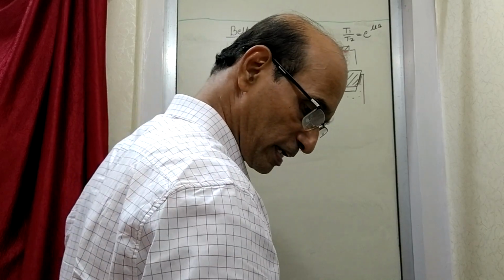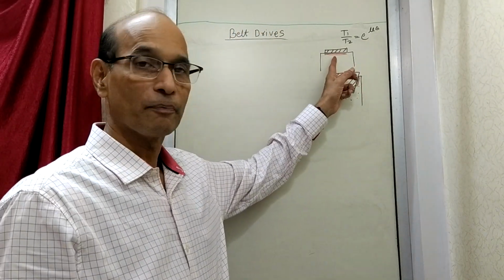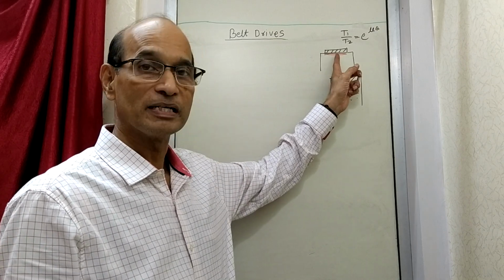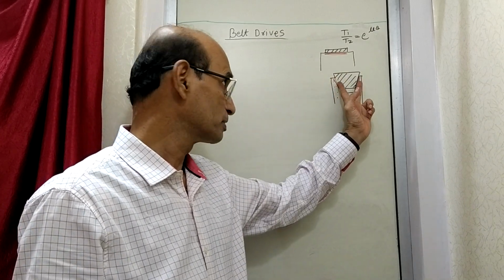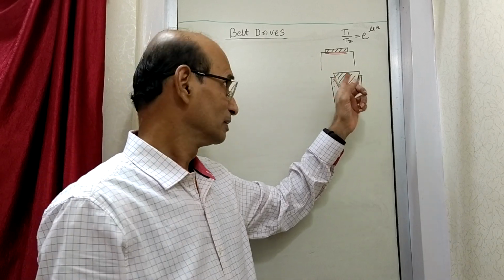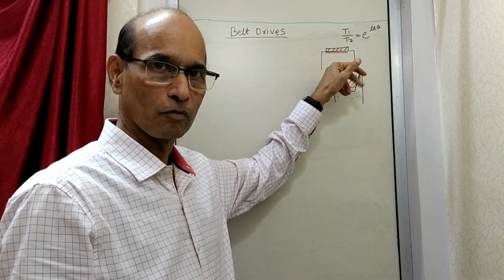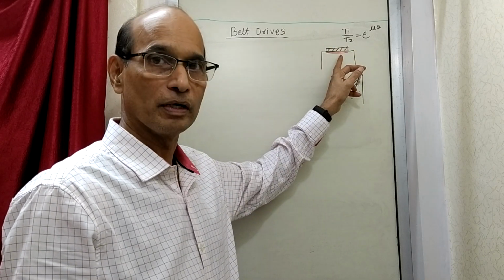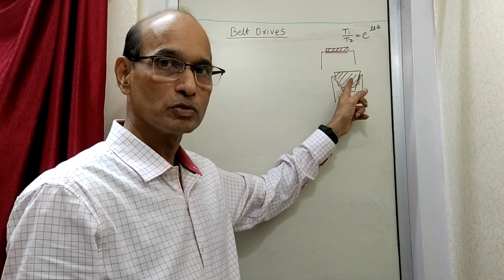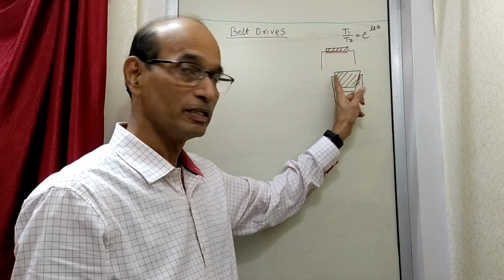So the friction is taking place here. As you know, belt drive is working on friction. So how much friction at this place is important. In this case, how much friction here is important. So when the drive takes place, here in this case, when the belt moves, it is taking the pulley along with it because of the friction over here. In this case, when the belt moves, it is taking the pulley along with it because of the friction which is present at these two places.